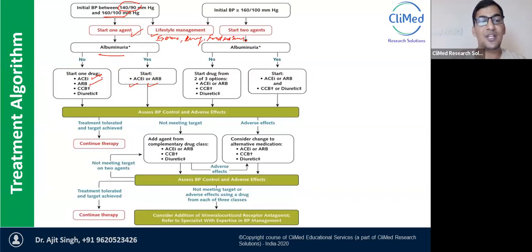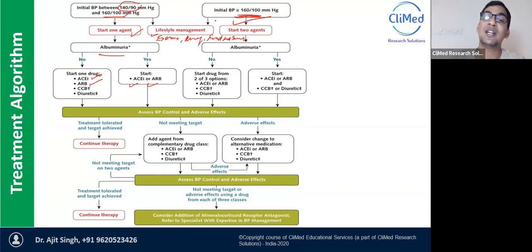Low dose means, if we are giving ramipril, then we can start with 2.5. If we are giving enalapril, we can start with 2.5. There are different doses that I'll come to in the later slides. So we should start with the first choice of drug, that is ACE inhibitors or ARB. If the BP is more than 160 by 100, not 140/90 or between 140 to 160, but more than 160 by 100,